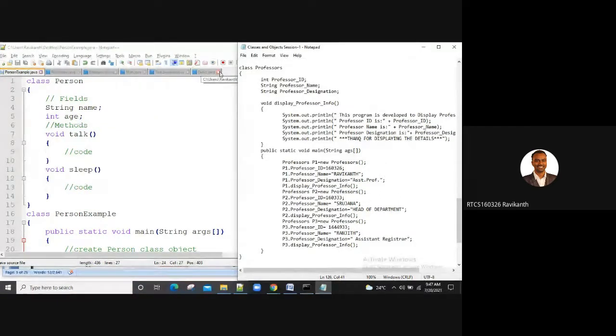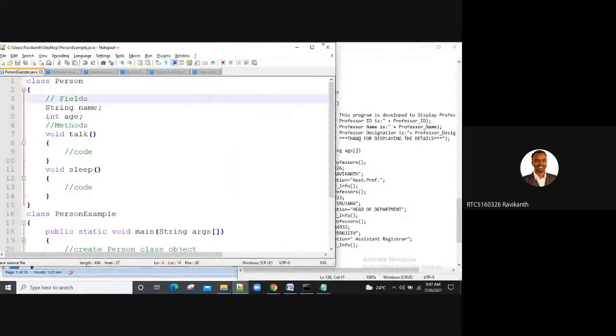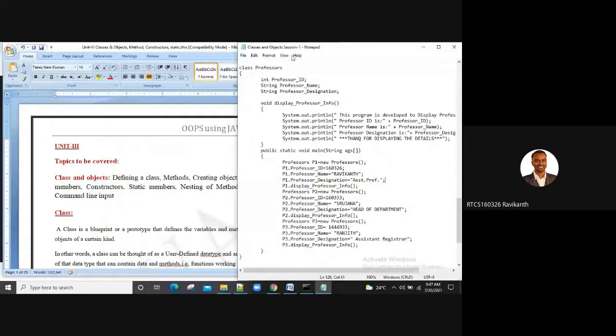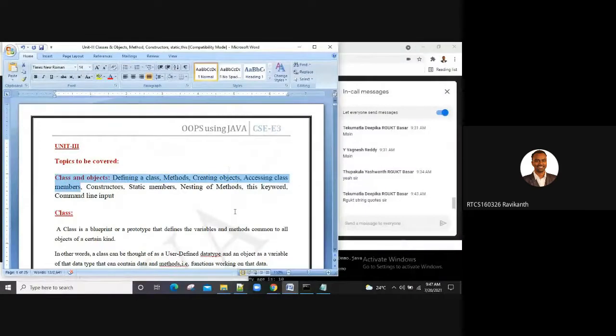So you must be clear with class, object, variable, methods, initializing object through reference variable, through method, then constructor. So all these concepts we are clear now. If you are fine, then we'll move on with the next concept. We have another four concepts left over.